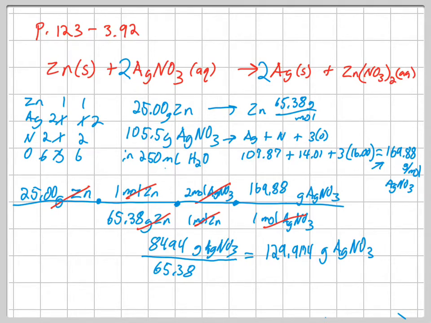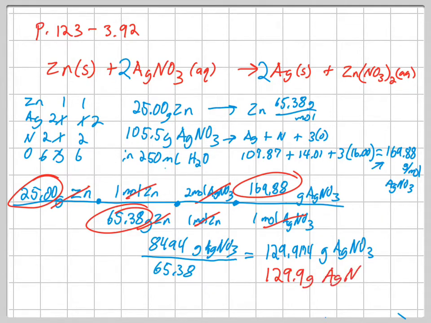Okay. So, significant figures. When I'm multiplying and dividing, my significant figures always goes by the least number of significant figures. We'll see here we've measured out 25.00. This is 4 significant figures here. This is 5 significant figures. All these others have exact values, so those are infinite numbers. So my least number of significant figures is 4, so I can only have 4 in my answer, so we would round that to 129.9